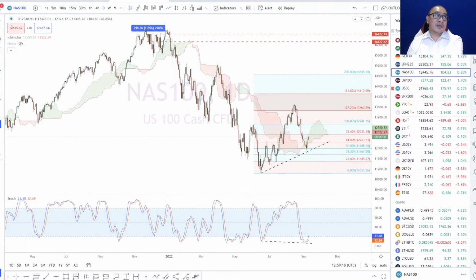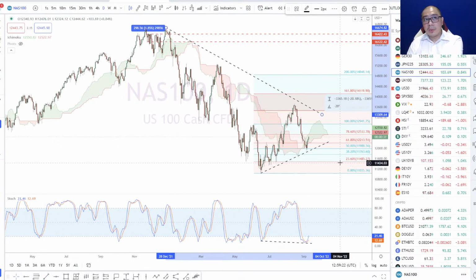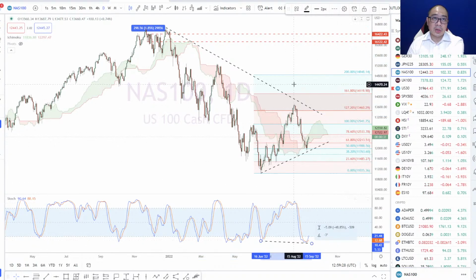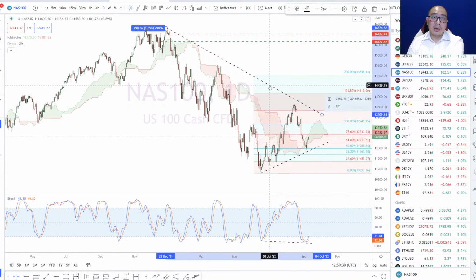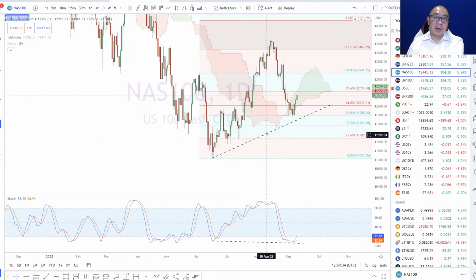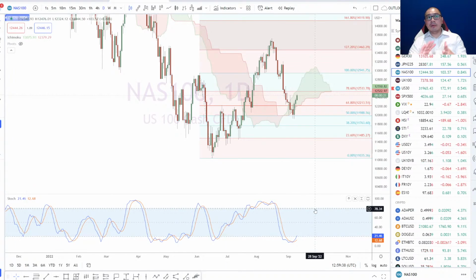How do we know it's actually still in a downtrend? Because it's still contained by that. Okay, we don't have a higher high. If we break above that, then we might be able to identify this as a potential continuation pattern. So this is not a hidden bullish divergence. This is not that. Okay, so make sure you understand the trend first before you start looking for